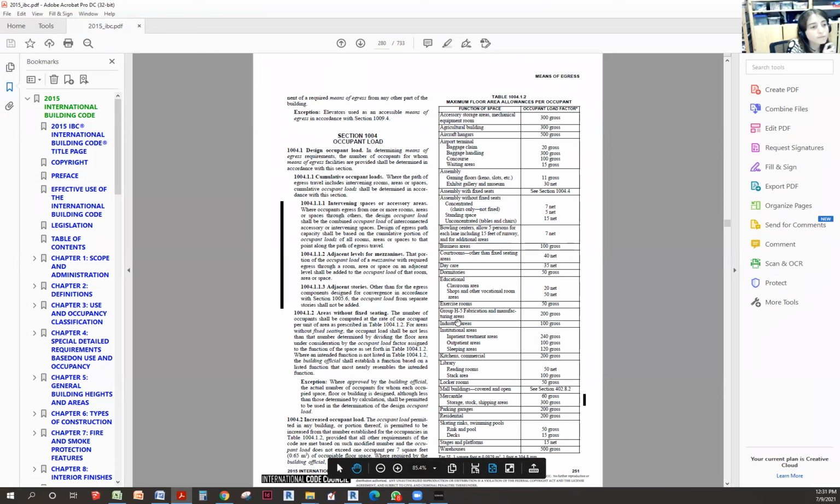In here, you can see residential, 200 square feet per occupant. So the entire residential, you can potentially just count it as residential area of the entire floor. If you want to be more specific for egress and that main entrance, you can say